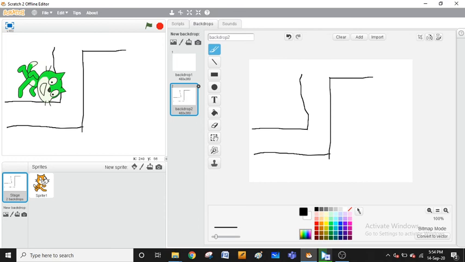I think you're observing that the stage is affected by this background. Okay, this is the next topic. Don't worry, I'll discuss how to change the sprite, how to change the background, how to change all those things.